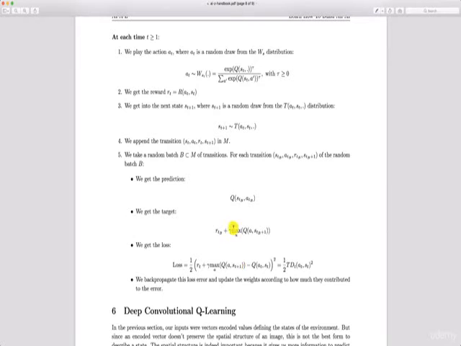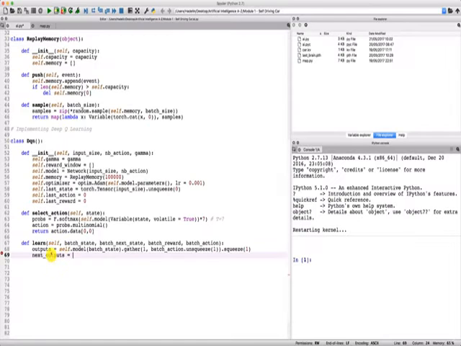That's because of the target. The target is equal to gamma times the next output plus the reward. And we will compute the target right after that. But since we need the next output for the target, let's compute this first. So again, to get the next output, that's very simple. The next output is going to be the result of our neural network when the batch next state is entering it